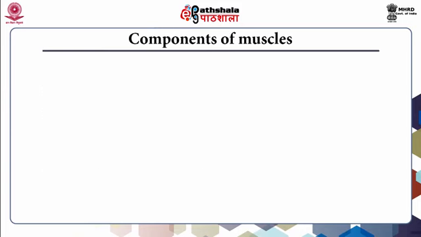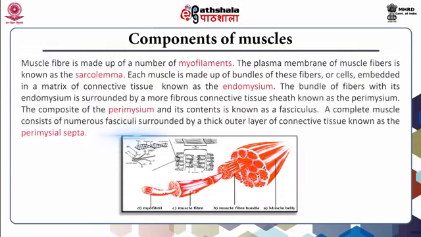Let us see what are the components of muscles. Muscle fiber is made up of a number of myofilaments. The plasma membrane of muscle fiber is known as sarcolemma. Each muscle is made up of bundles of these fibers or cells embedded in a matrix of connective tissue known